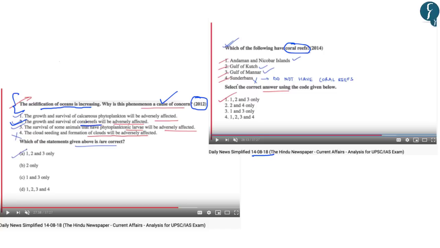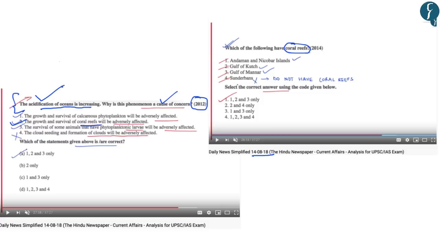And you might be knowing that global warming is leading to increased acidification of the oceans. And one of the important impacts of ocean acidification is that it can adversely affect the growth and survival of the coral reefs. So this provides one of the important points for the question that was asked in this year's